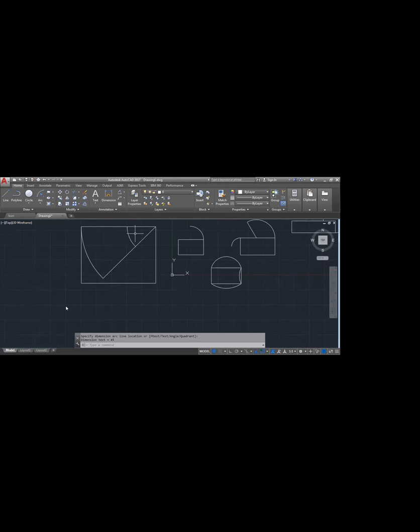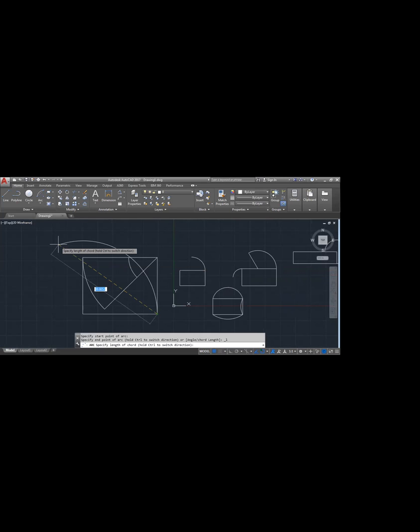And coming to next, start, center, start angle, length. Length in the sense it will say chord length. Center, start, see. It will take in length. How much length? If you need length from this first point to ending point. If you need 100, enter. It will be 100 length.